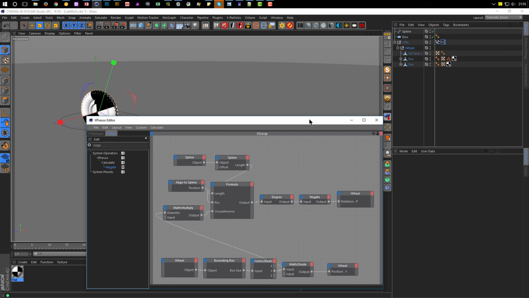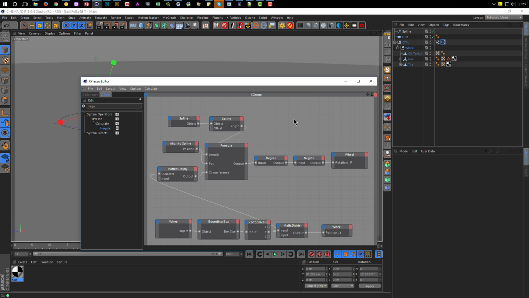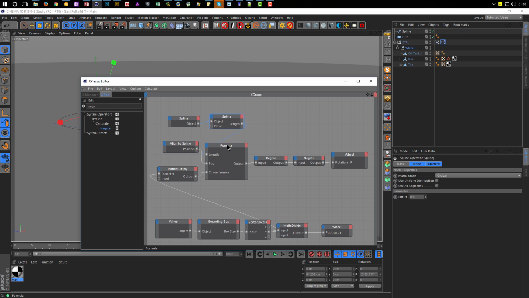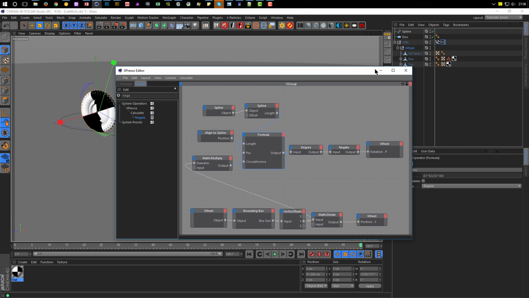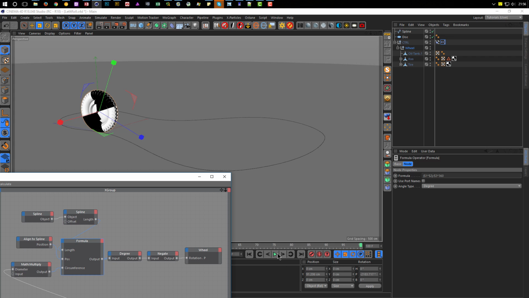I think it has no sense if I give you this Xpresso here, and here it is, just drag in your things, and that's it. I think you want to know how it works. I don't know. Because I know what I do here, but maybe it does not seem like this because I can't explain it in English. But this is too hard, but here I think you can see what I do. This formula is an easy one, but you see it works. And the result is it works. We have a really nice